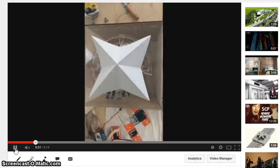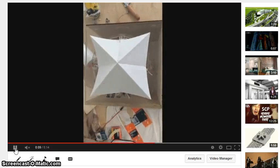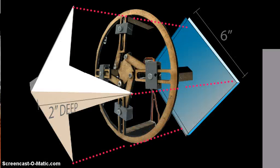I had already been exploring the idea of panels that could open and close with sensors that provided input. Using the Arduino programming system and sensors, and also looking at precedents of kinetic facades that have been done by many universities, I was able to come up with an origami panel that could open and close by just folding